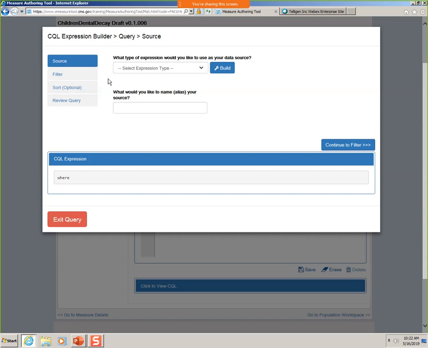With a query, I have 4 options that I need to go through: the source, the filter, the sort, and the review query. First thing I need to do is choose my data source for my query. So again, it's asking me what type of expression would I like to use as my data source. For this query, I want to talk about a group of encounters. So I am going to choose data element or retrieve